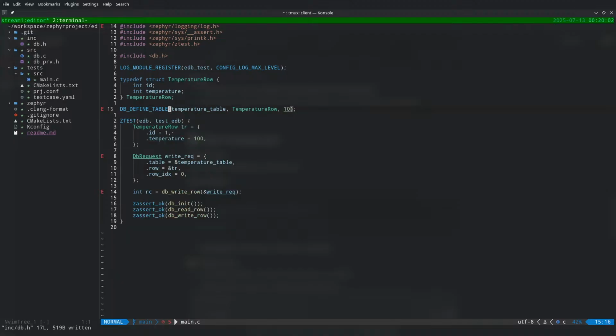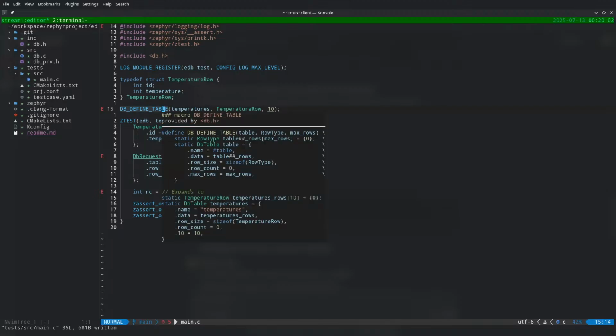First of all, this table thing is just giving me... now it is fine. Temperature row, temperatures row, db table temperatures, name is temperatures, data is temperatures row, size is size of temperature